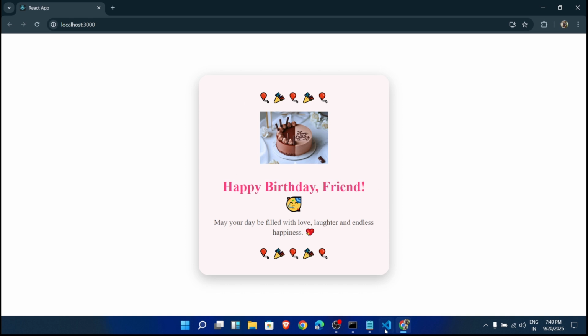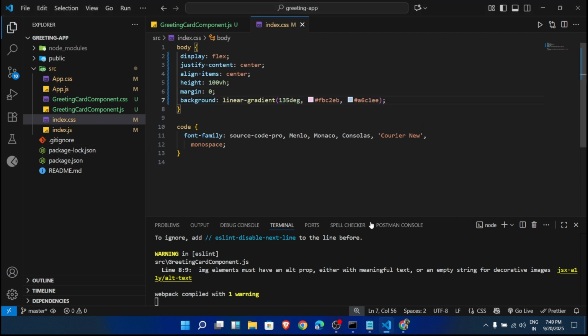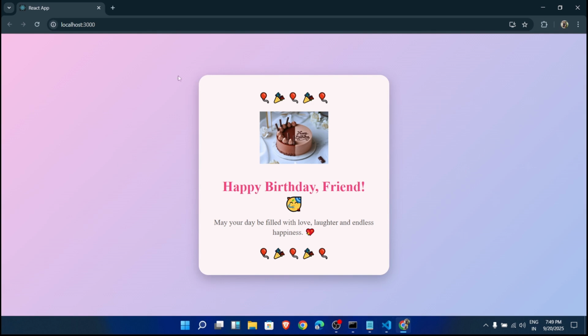The card has been placed at center. We can add a linear gradient for background color. So for that, let's say we can use this thing. Now it looks better. So in this way, we have created our simple web project, which displays a greeting card